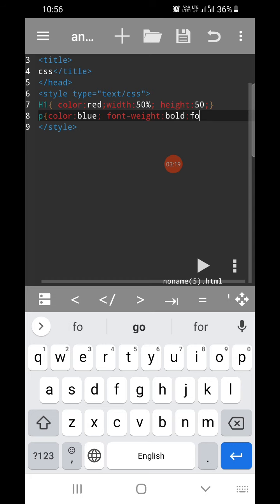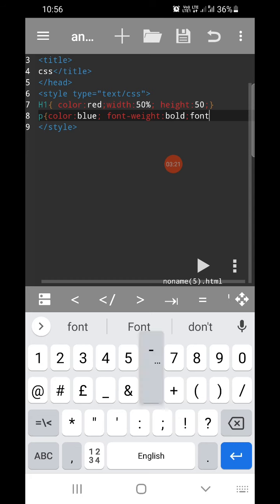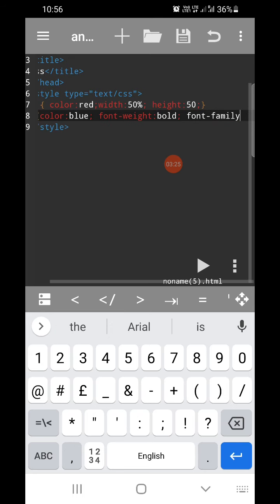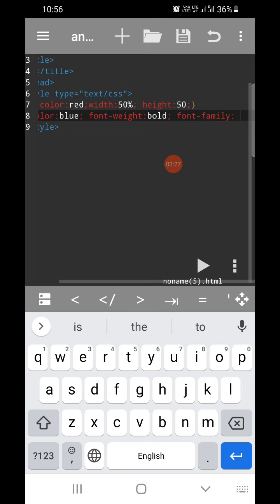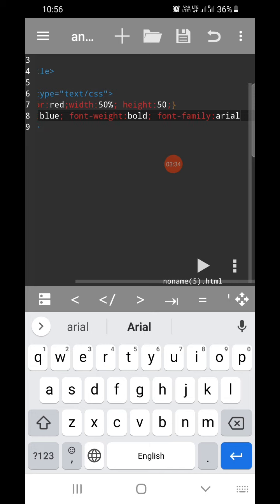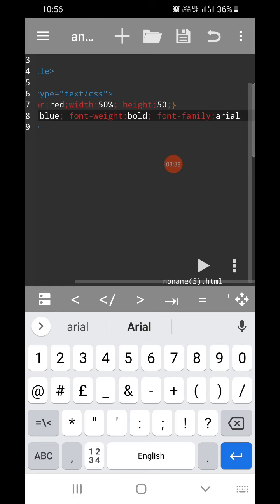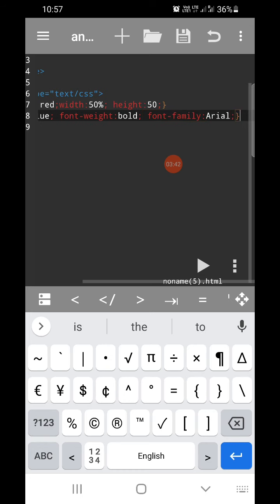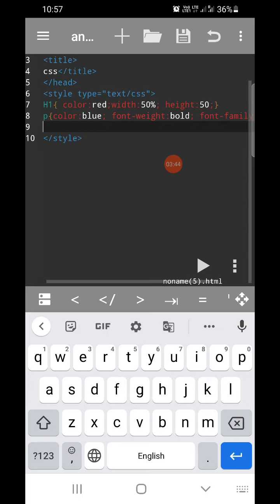Now I even want to give font, so you have to write font dash family, colon. Like in HTML you write font face, type and size, here you will write font family. This is the way to apply style on font. Done. Put a semicolon here, and now you can close this curly bracket.